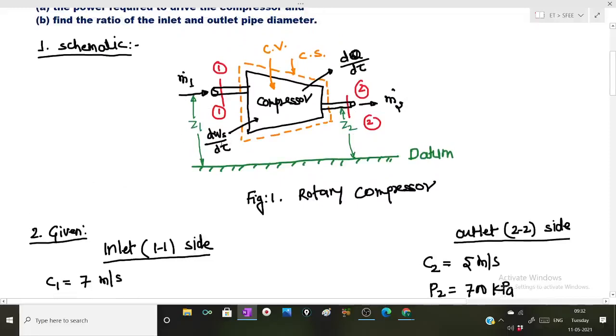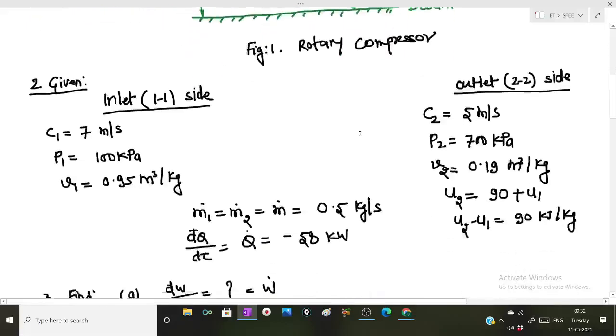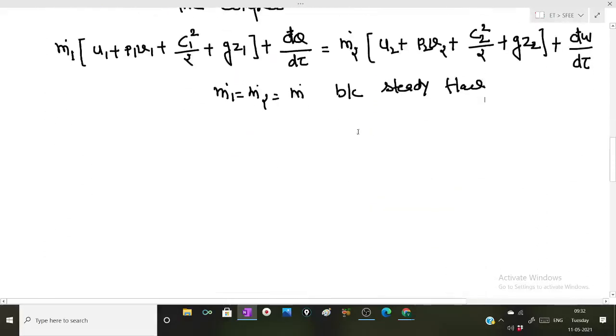That is, the problem does not say anything about Z1 and Z2, that is, the elevation of inlet and outlet pipe. So under such conditions, if the problem does not talk about a specific parameter, we will consider them as same. We can assume them. So after applying these two conditions, this equation will become